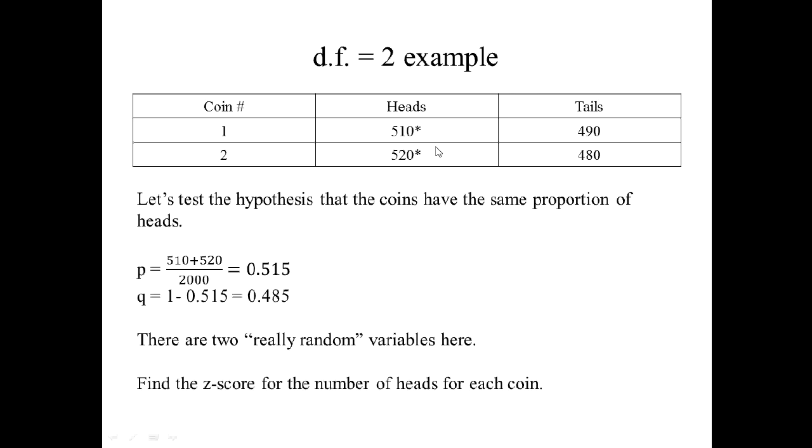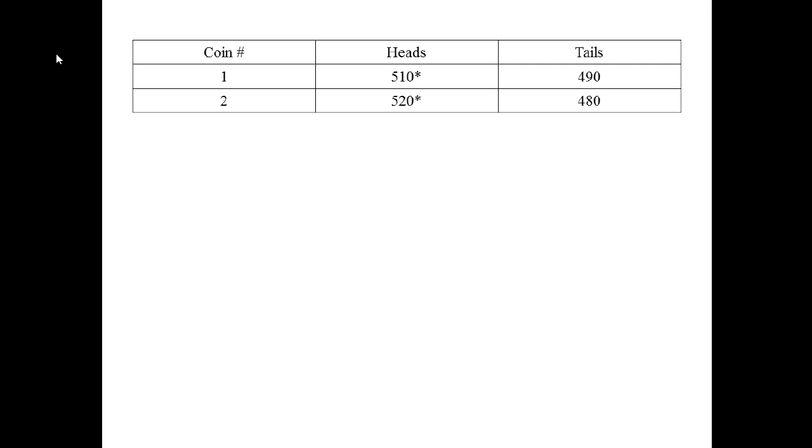So let's proceed as we normally would, or at least in the first example. Let's calculate the z-score associated with these numbers of heads. So this is going to be like the derived way of calculating the sum of chi-squares. And what I mean by the derived method is that we're going to adopt the method that, or at least I'm trying to get you guys to think about, which is that instead of doing the traditional method